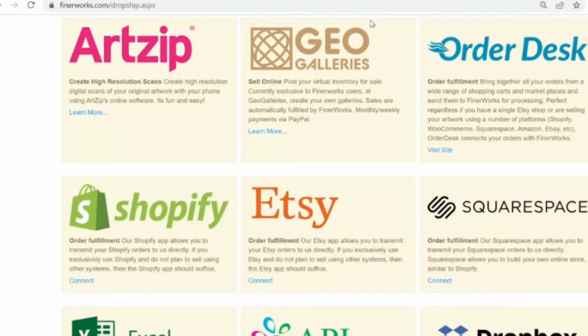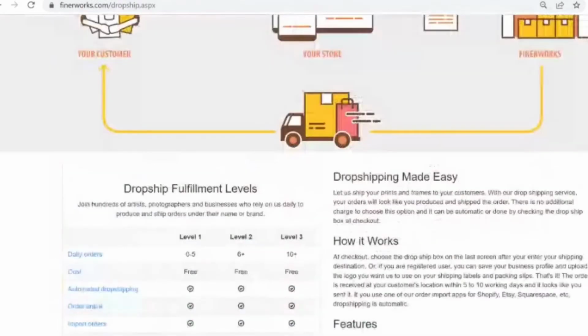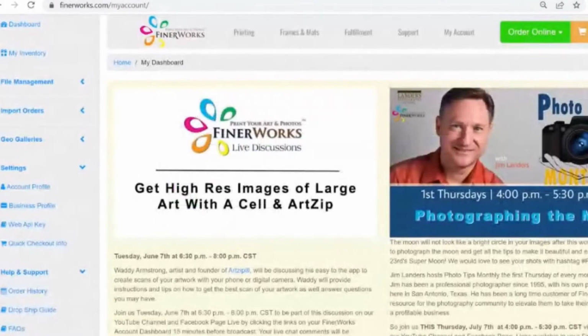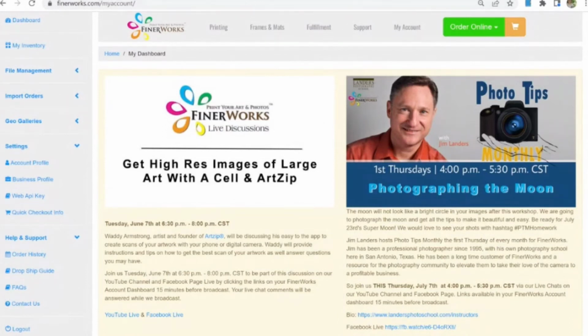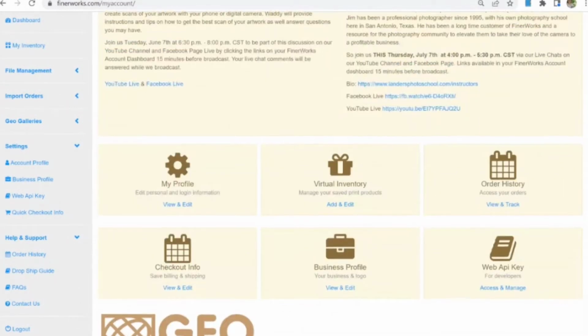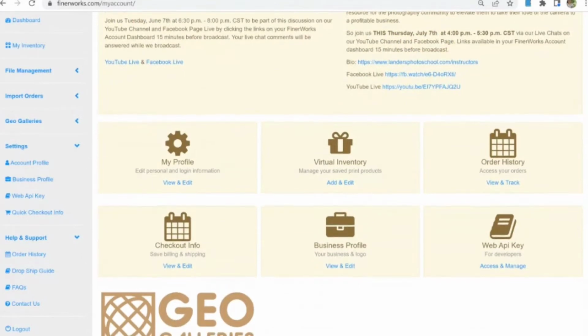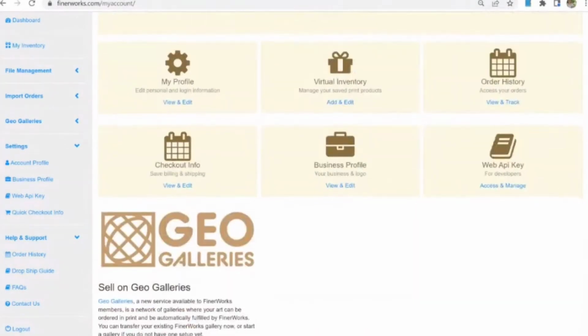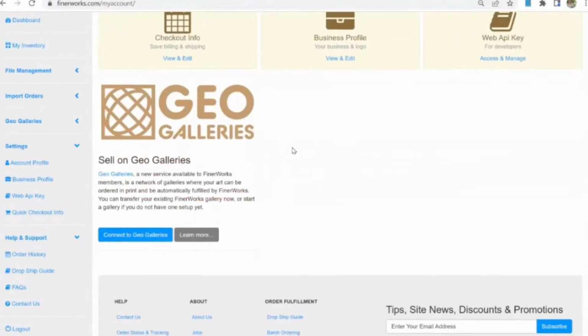Okay. So let's go ahead. Once you've created your account, you'll log in, and you're going to come to your Fineworks dashboard here. You have some buttons here on the left-hand side and some right here that are kind of like the most often used buttons. To get onto Geo Galleries, you'll notice when you first start your Fineworks account, you have this image down here. It says Geo Galleries, connect to Geo Galleries. So if you go ahead and click that right there,